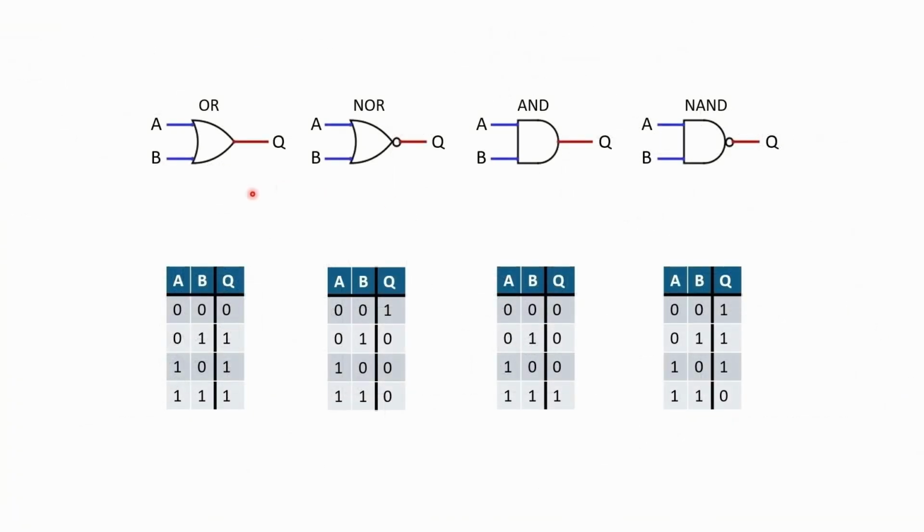So here we've got our normal positive logic where, as you know, for an OR gate, if either A or B is high, then the output is on. And for an AND gate, both A and B must be on in order for the output to be on, and NOR and NAND are simply the same thing with flipped output.